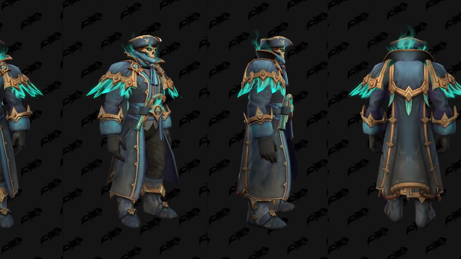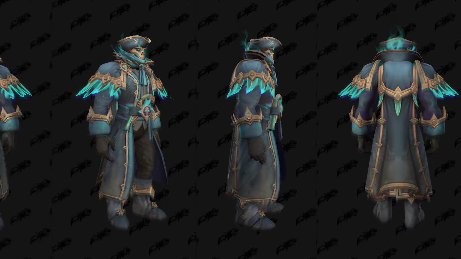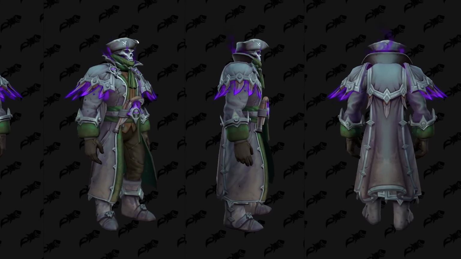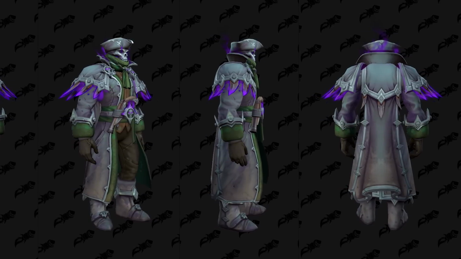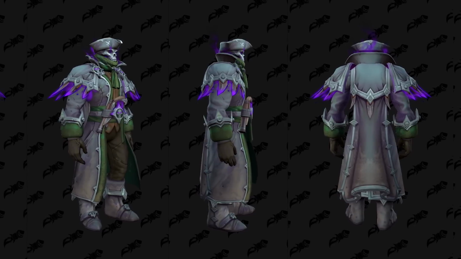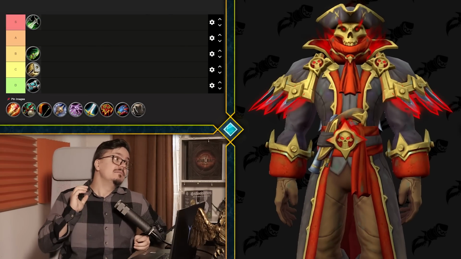The helmet with the skull, the little pirate cap that actually isn't too big. This looks amazing on human, by the way. I don't know how this will look on an orc or, God forbid, a tauren and everything, but on a human, oh, they've nailed it, and all of the colors are so good. Easily one of the best tier sets ever made, and definitely...